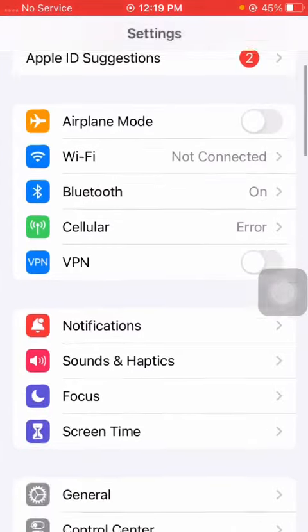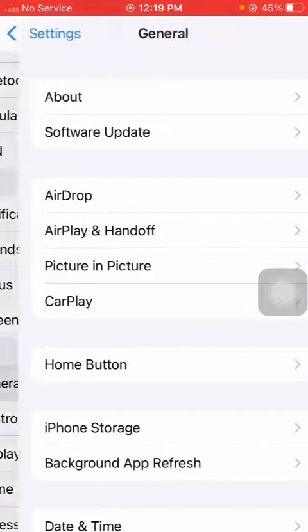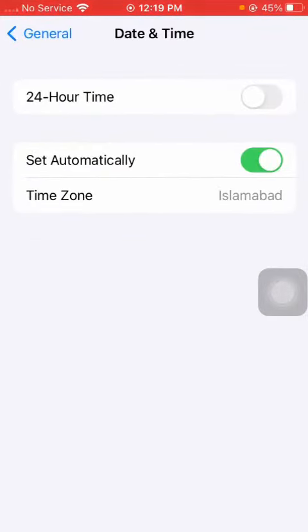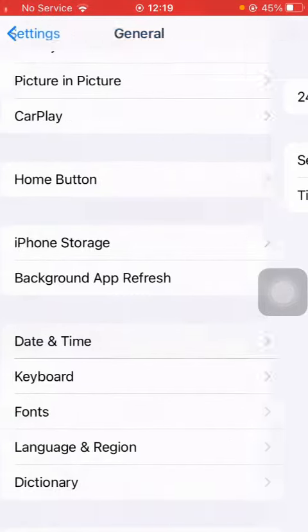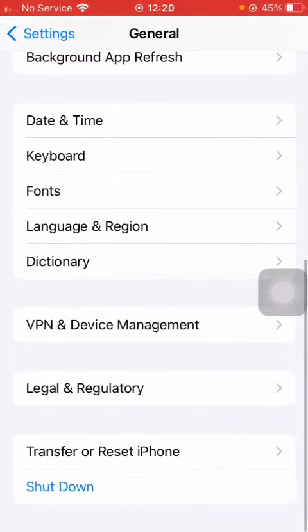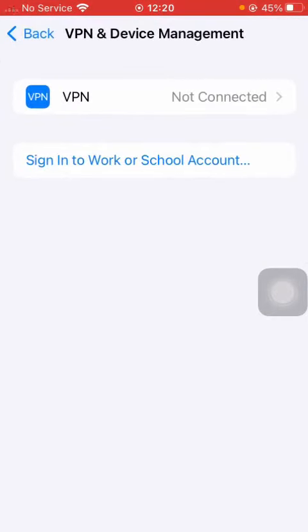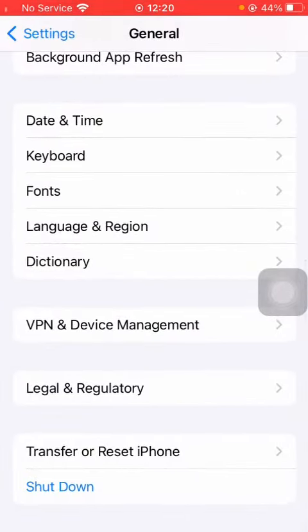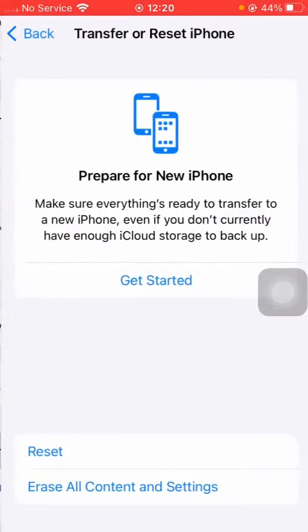If the problem is not fixed, then scroll down, click on General, then click on Date and Time, and from here make sure you turn on the Set Automatically toggle, and after that check whether the problem has been fixed or not. If the problem is not fixed, then go to VPN and Device Management, and from here if you are connected to any VPN, make sure you disconnect it, and after that go back,